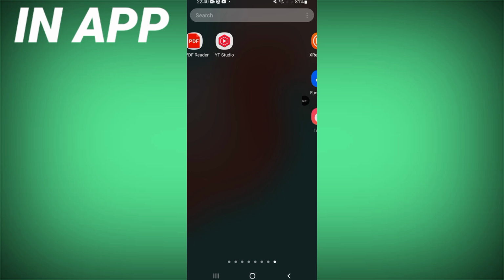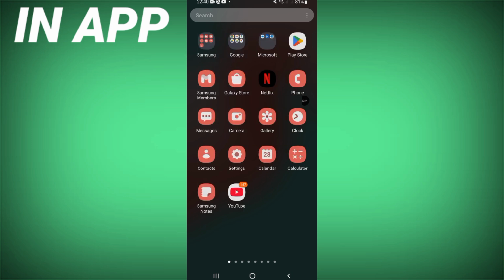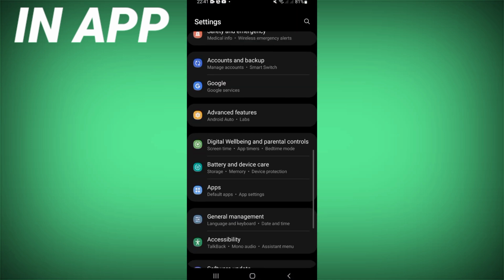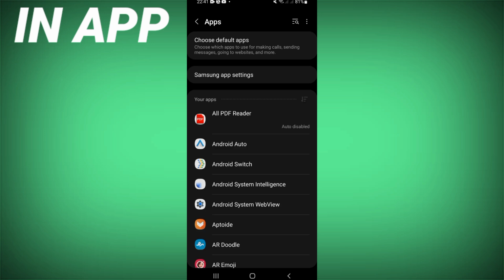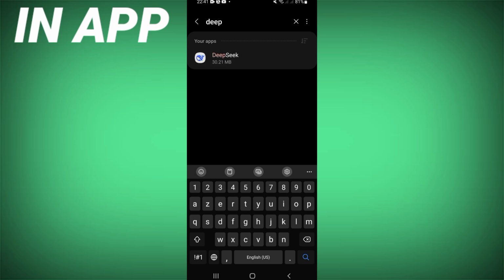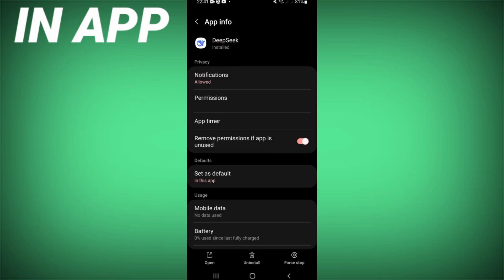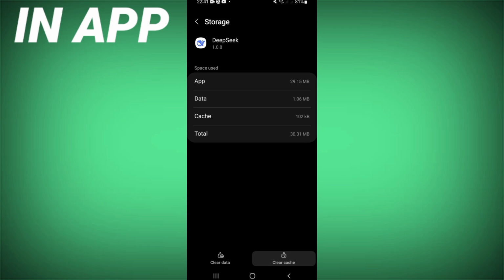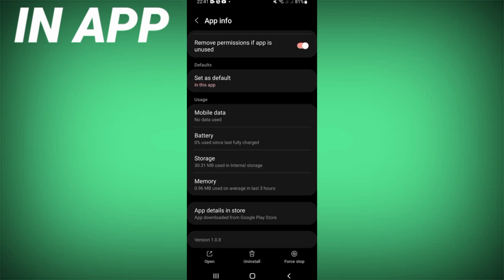Go directly open your settings of your device first here, and after that you just have to go and click on your apps option and search for DeepSeek app, and when you will find it, just click on it like this. Right now you have to scroll this list down, click storage, click clear cache and back, click on force stop